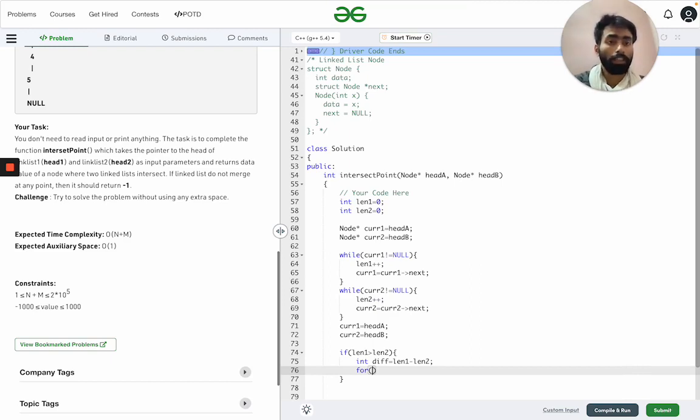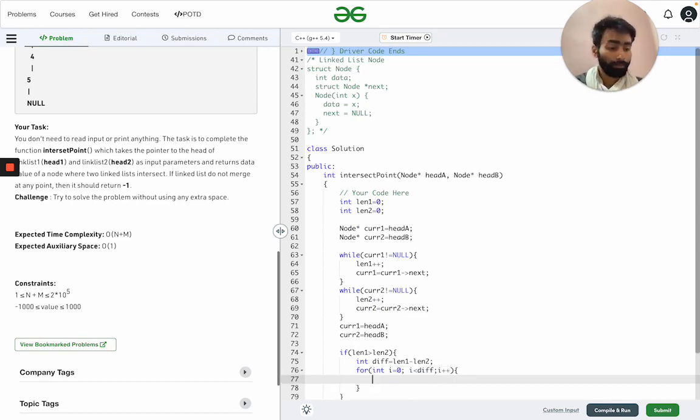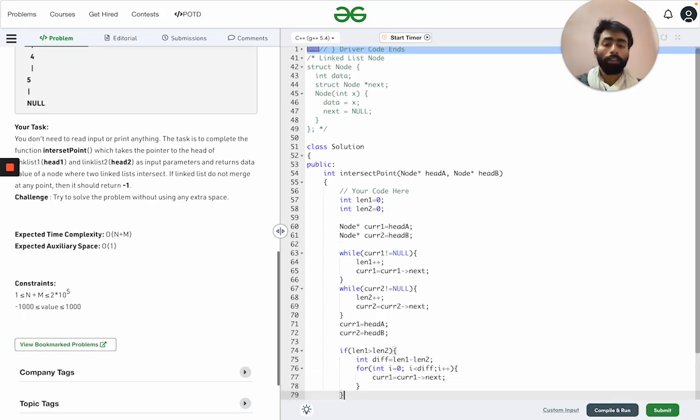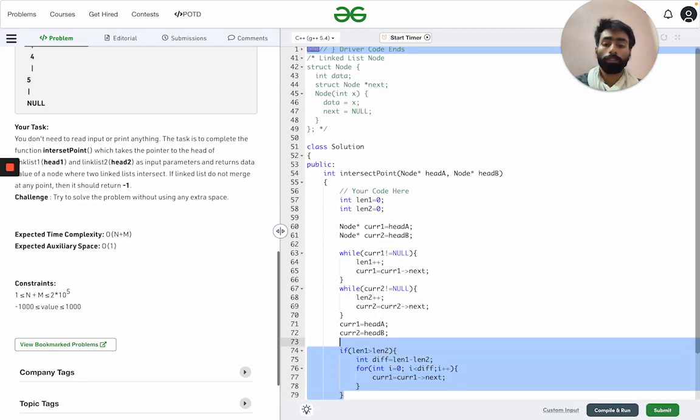In this case, L1 is the length of linked list 1, so we will traverse the difference part in linked list 1. That is, int i equal to 0, i less than difference, and i plus plus, and current 1 is equal to current 1 next, and we will do the same.